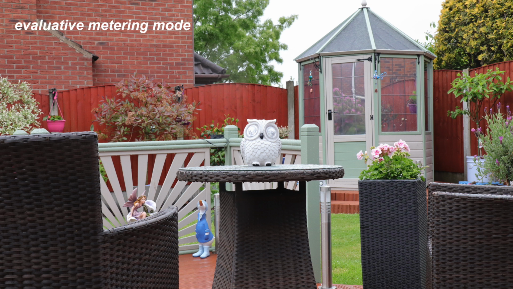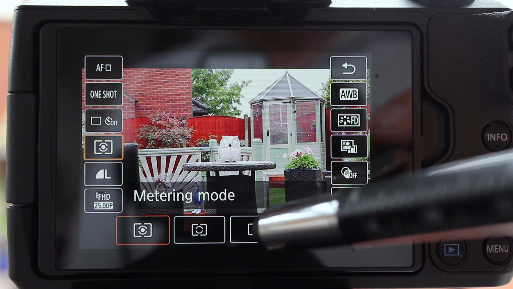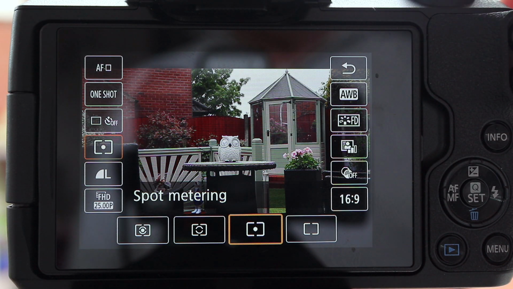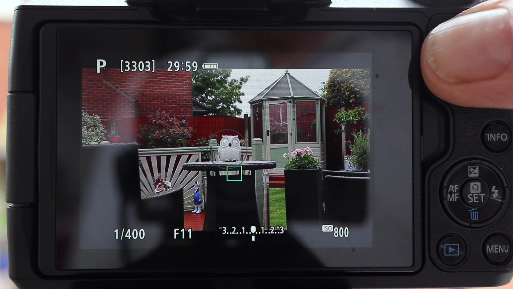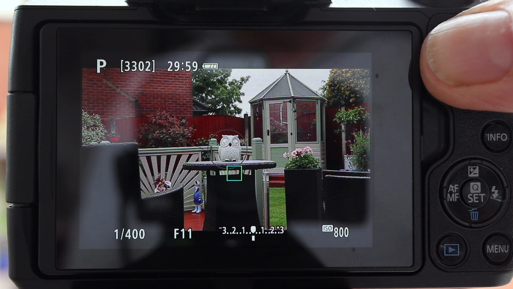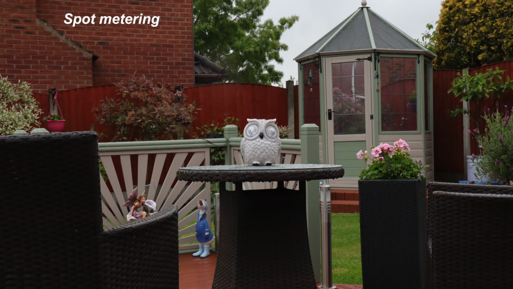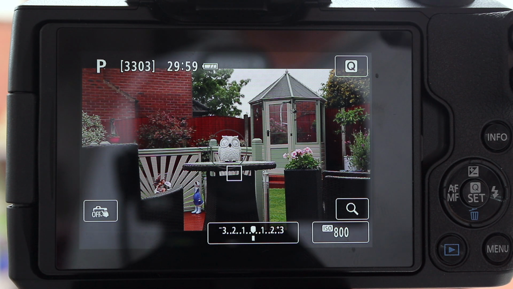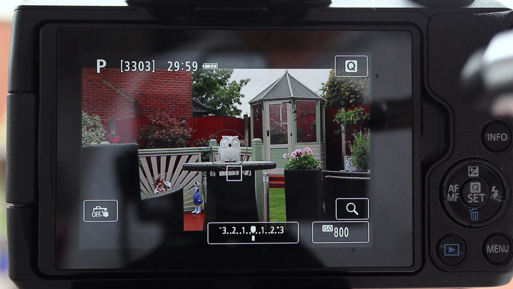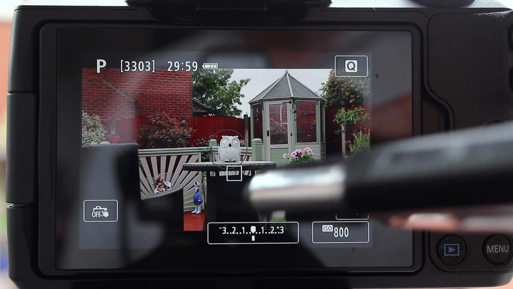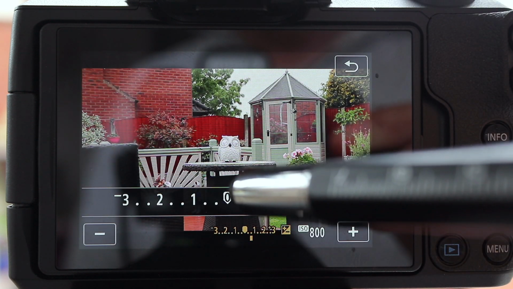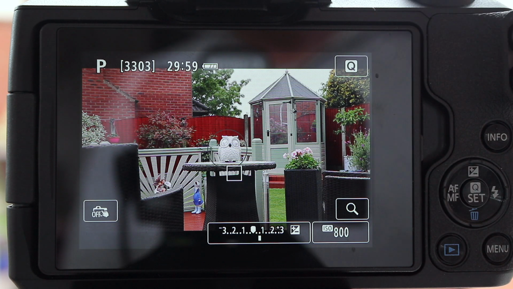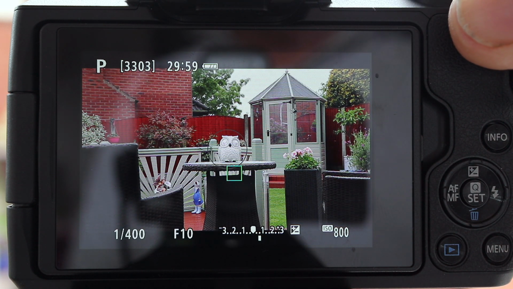So if we switch over to spot metering, and I go to spot metering selection there, have a look at the exposure. It's showing me that I'm 1/400 at f11. Let's take that shot first of all. Now here a little bit of common sense comes into play. It is a predominantly white subject, so again that is going to fool the metering circuit, and I would be using some form of positive exposure value compensation to correct for that. So knowing this is white, I would probably use something like 0.7 of an EV to compensate for that. So let's have a look at the exposure, 1/400 at f10.